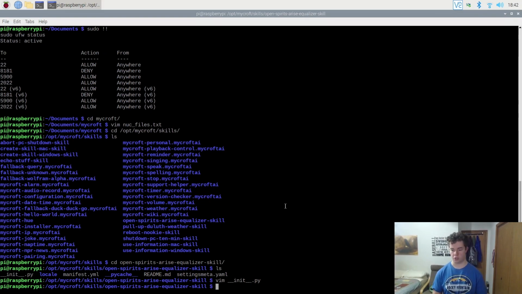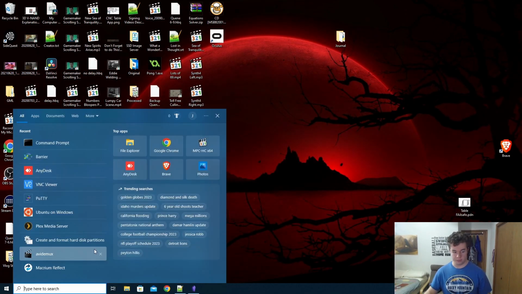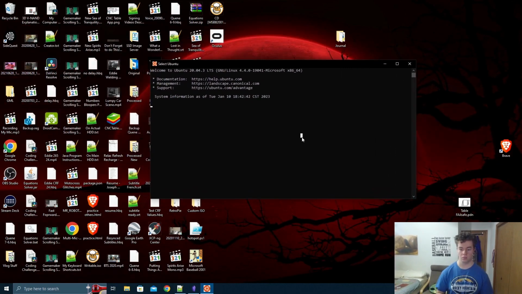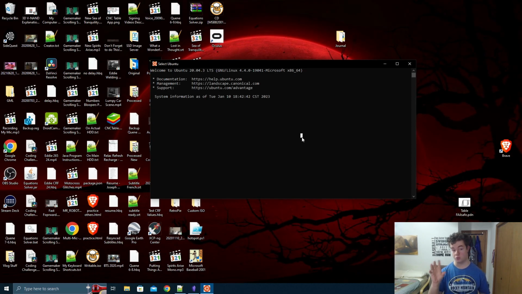So essentially what you do is, this is a computer that I'm going to use to connect to a server. The server I'm going to connect to in this case will be my main computer. So let's actually switch to that real quick. I'm going to launch my WSL instance on here, which will take a little bit to launch. I'm going to set up the host-based authentication with this right here. I should be able to do it on the spot,